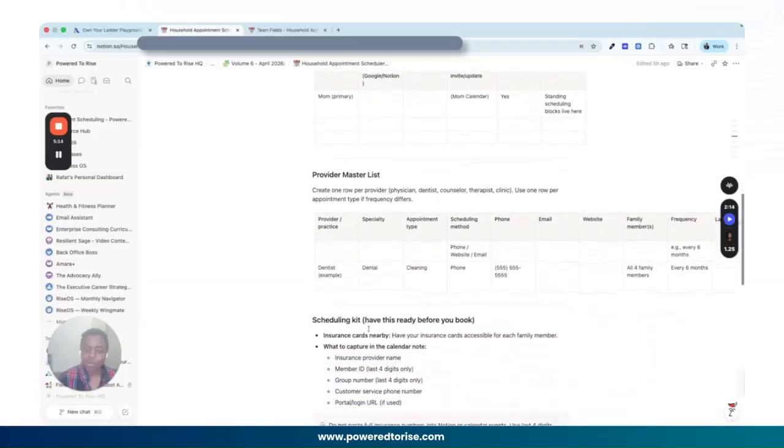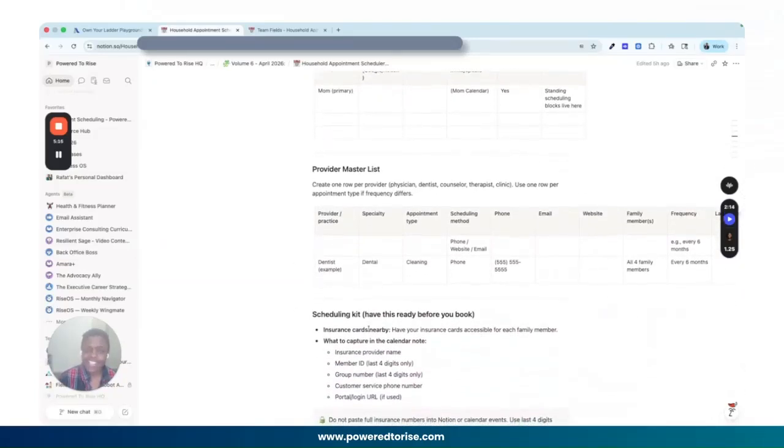And this section right underneath that is critical. This is where you're going to list all of the names of the providers that you need to schedule appointments for. So your primary care physician, your dentist, any specialist. So ladies, if you have an OB, any other care providers, therapists, that you are scheduling these appointments with at